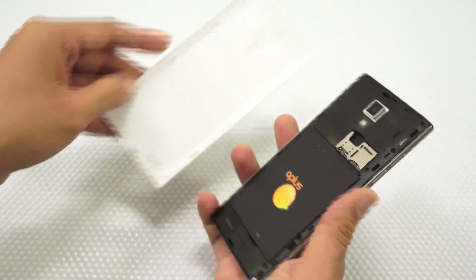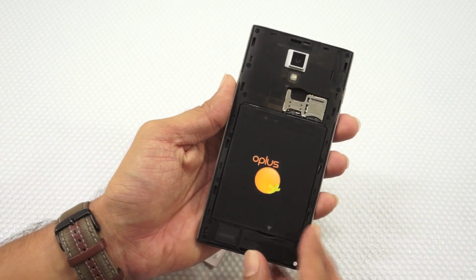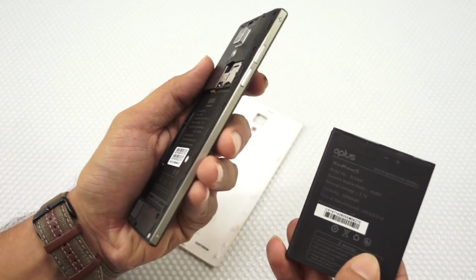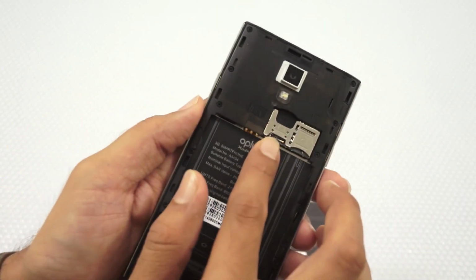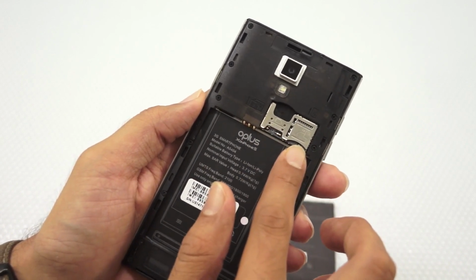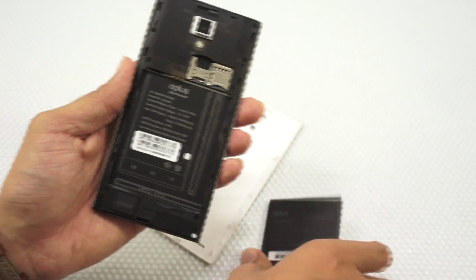So here is the smartphone and the battery, which is 2000 mAh, which would give you a pretty decent amount of battery usage. These are the slots. As you can see here, it's a dual SIM slot. As I mentioned earlier, it comes with a normal SIM and a micro SIM slot, and along with that a micro SD card slot, which means that you can actually expand the internal storage, which is 16 GB, up